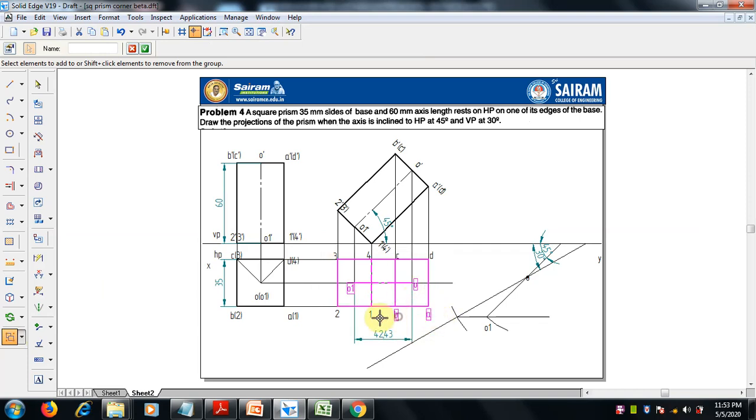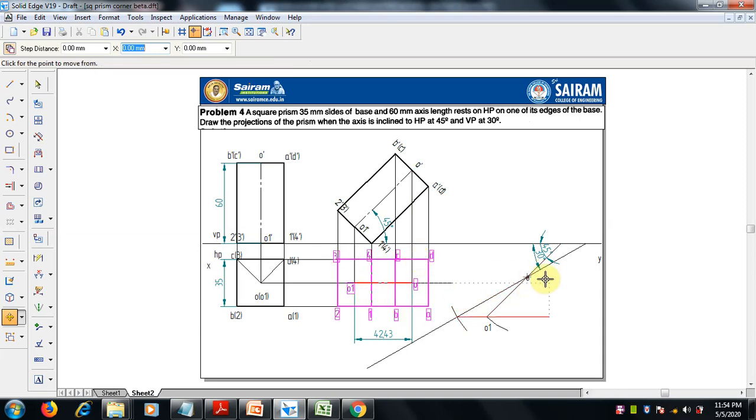If it is not getting selected, by using control and mouse left click, you can select everything. So this is to be selected, and make a group as of now, so that it can be selected and moved easily. Go for the move command, copy is needed, and select this entire thing.